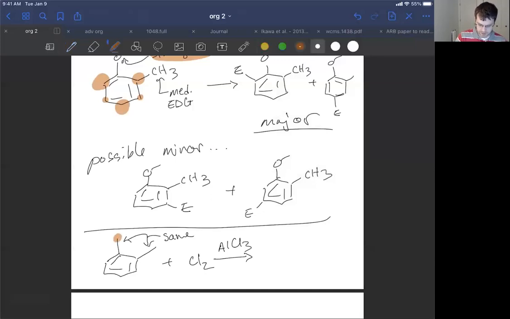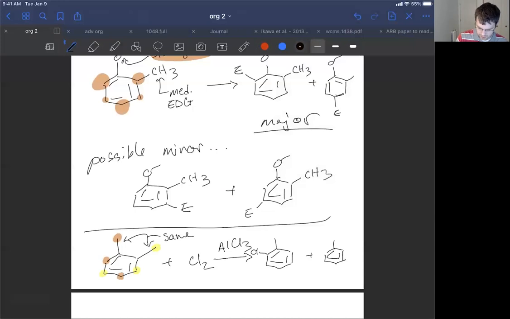That is, this position is activating ortho and para, whereas this position is activating ortho and para over here. Okay, so they're not necessarily working with each other, but due to symmetry, it turns out we're only going to see two products. Cl here